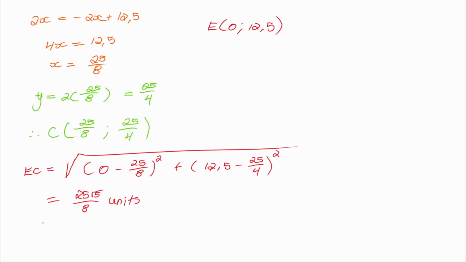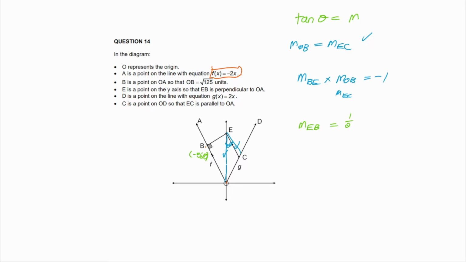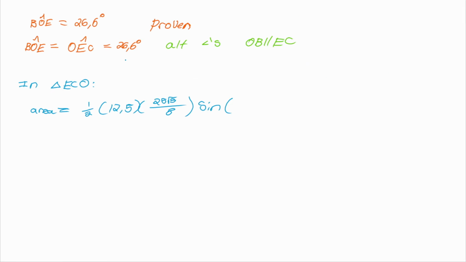So where did we work out EC? We worked it out here, 25 root 5 over 8, times by sine of this angle in between, which we just found is